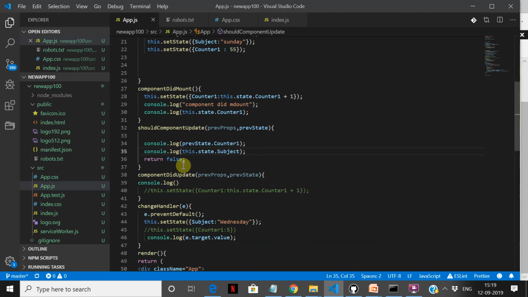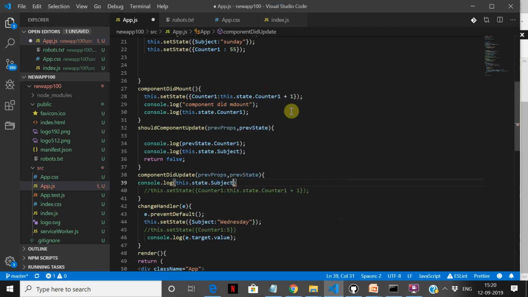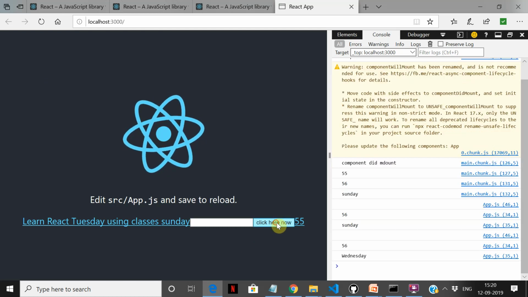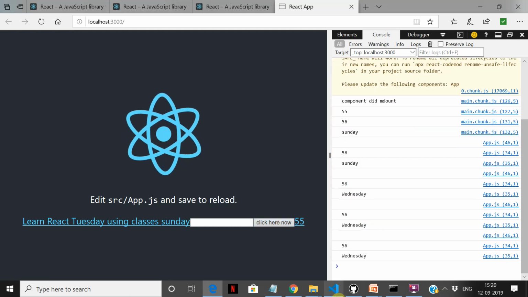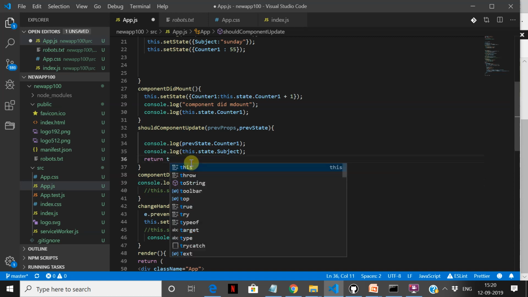Another thing is componentDidUpdate. We haven't used this, so let us see this. When we return true, only then will this method start working.